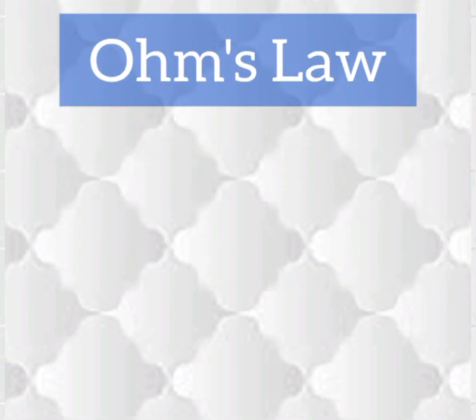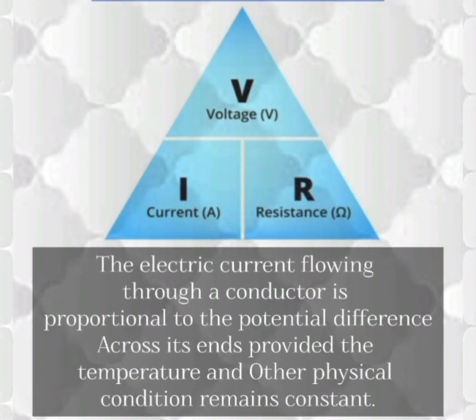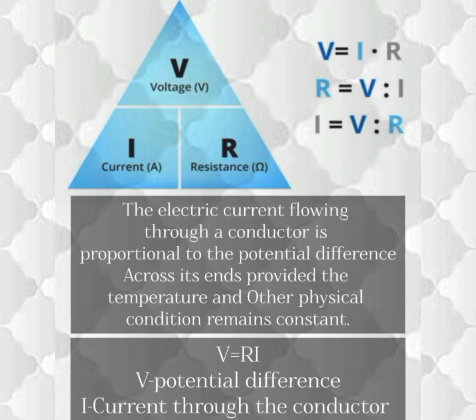Ohm's law. The electric current flowing through a conductor is proportional to the voltage, that is potential difference, across its ends, provided the temperature and other physical conditions remain constant. Here V is directly proportional to I, or V is equal to R into I. Here V is the potential difference and I is the current through the conductor, and R gives the